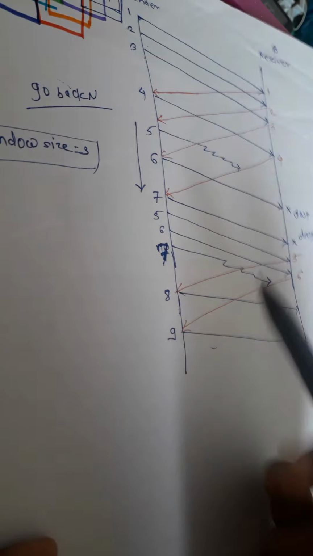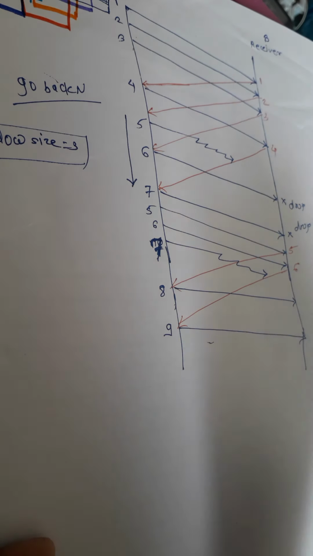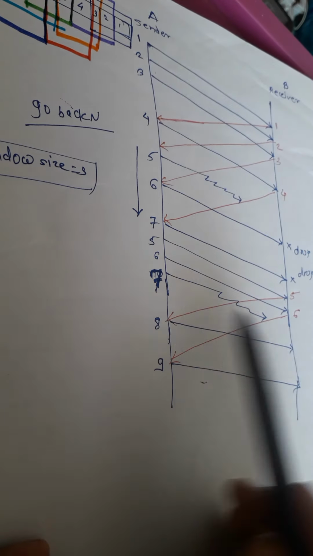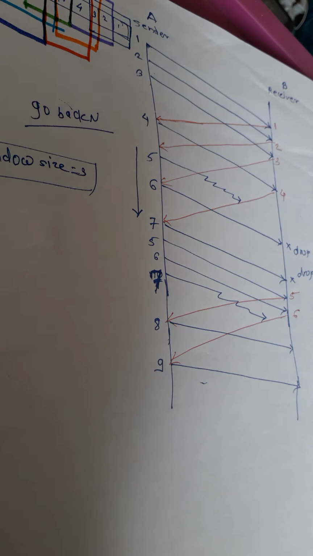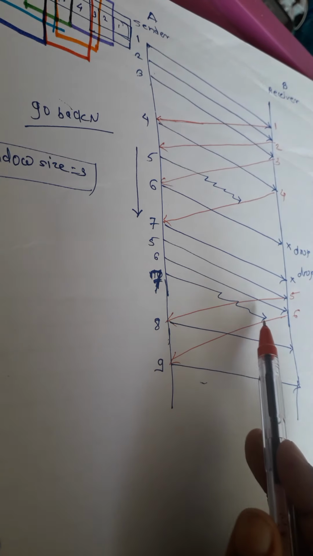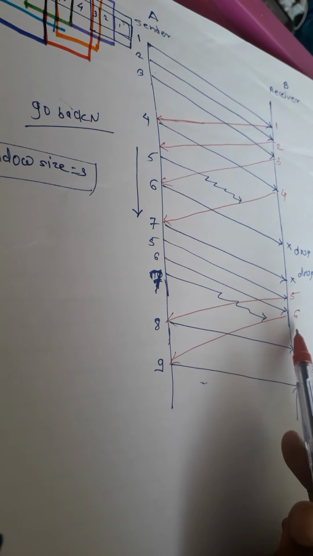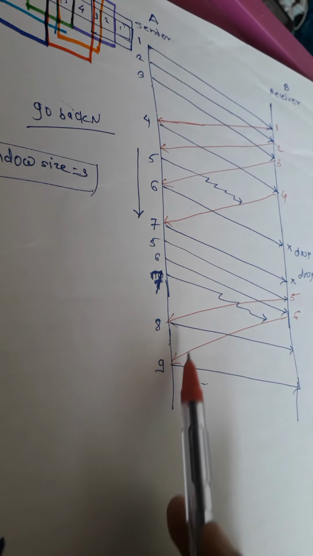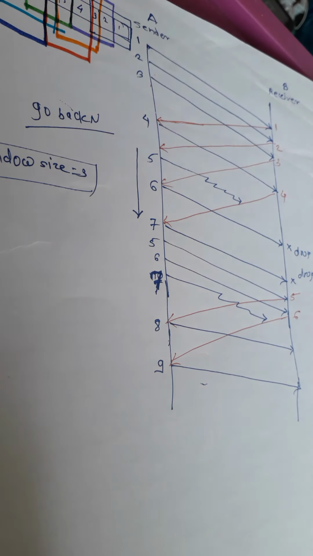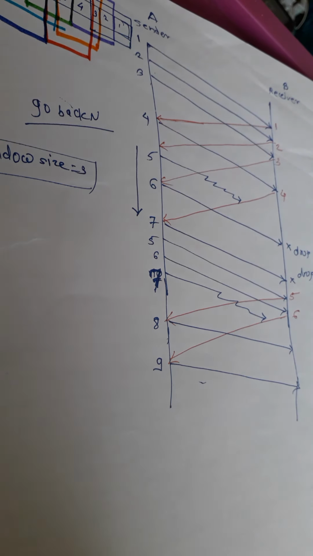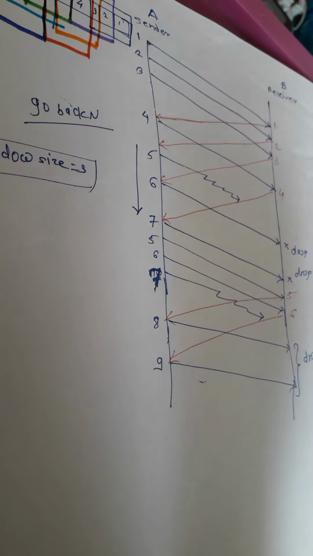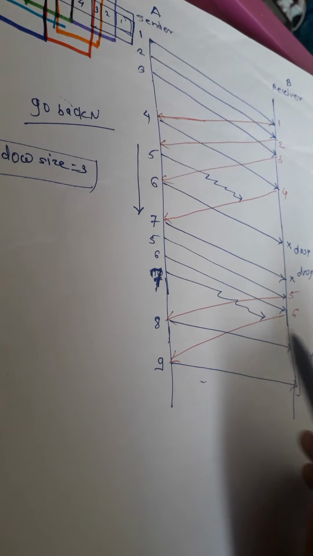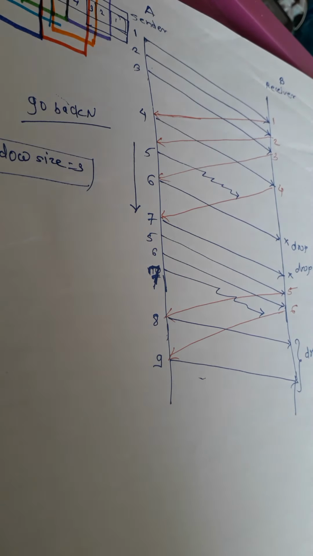Fine. Now the window consists of 7, 8, 9 and we have already transmitted 7, 8, 9. And the sender is waiting for the acknowledgement from the receiver for the 7th frame. But the 7th frame has been lost in between the transmission. So the receiver is expecting the 7th, but it has received the 8th and 9th, which will not be buffered at the receiver side. So this 8th and 9th will be dropped, because the receiver is expecting the 7th frame which has not yet been received.